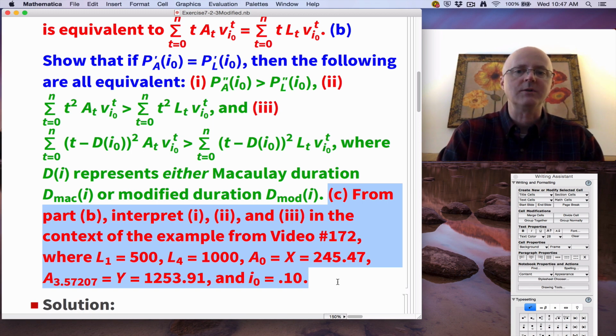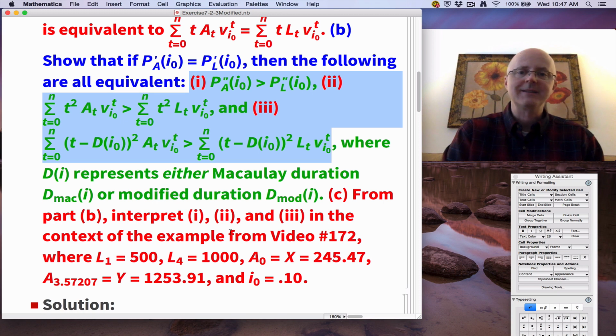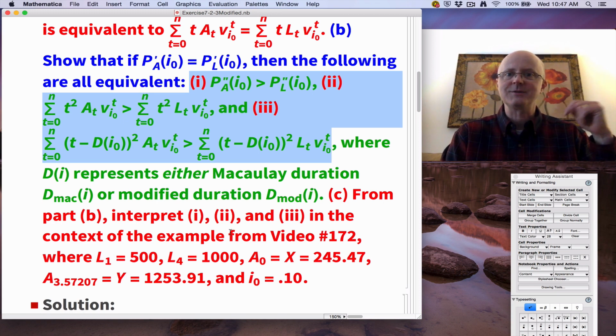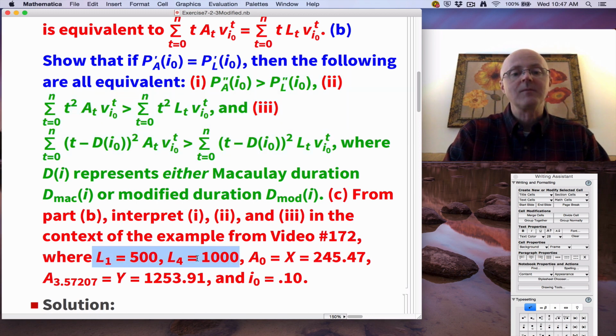From what we do in Part B, we want to interpret conditions 1, 2, and 3 here in the context of the last video. I'll put a link to video 172 here up in the upper right corner. What was that context? Actually, that context occurred in video 171 as well. We have two liabilities, 500 paid at time 1 and 1,000 paid at time 4, and two assets, A0 or X paid at time 0, and